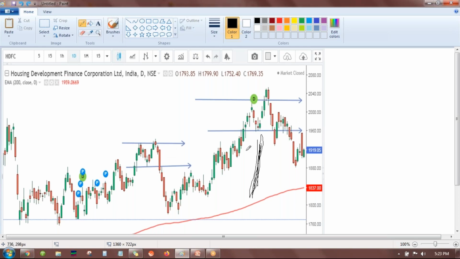Okay, same here. The same pattern, previous level, prices broke out, came back. This level would be a sell level. Prices came here, broke the neckline and came back. So we can exit right here, or we can wait for a fall. Every time our target will not get hit, so we have to look at the price action. For example, here we are getting a red candle, a red candle, a red candle, and then immediately a green candle. That indicates that the breakout has failed. So we'll be booking somewhere near here.